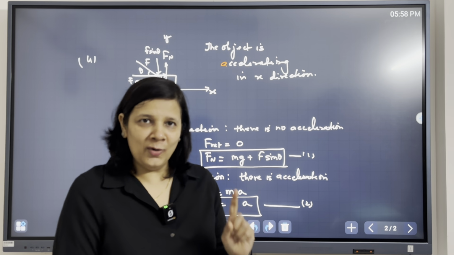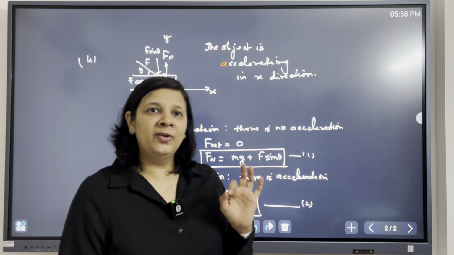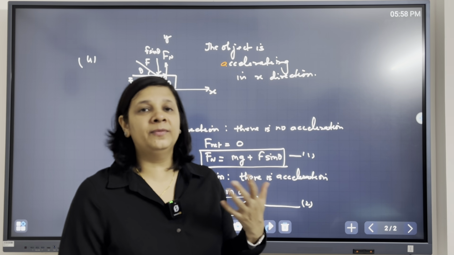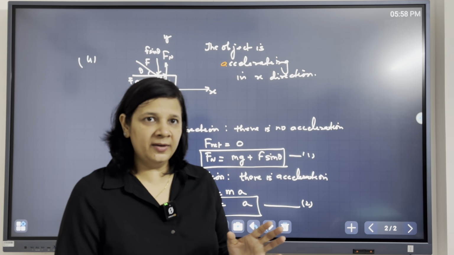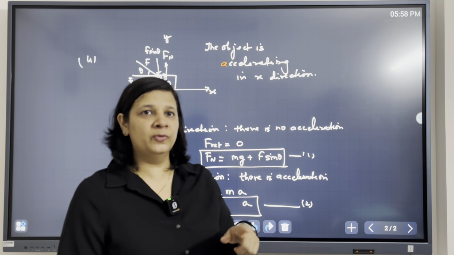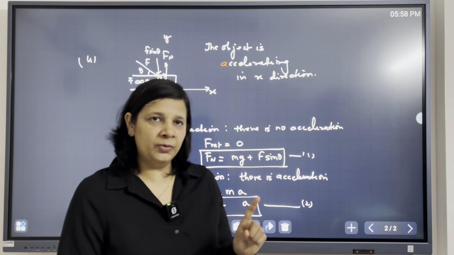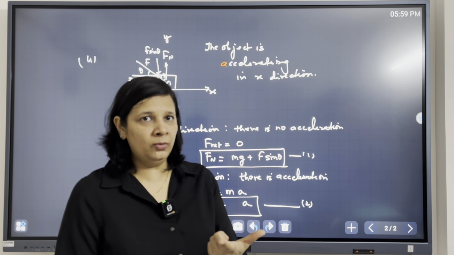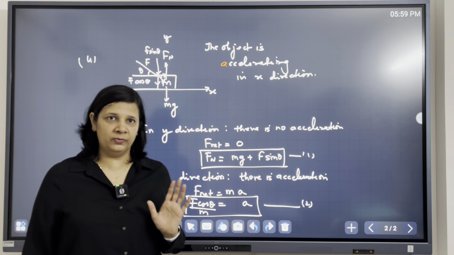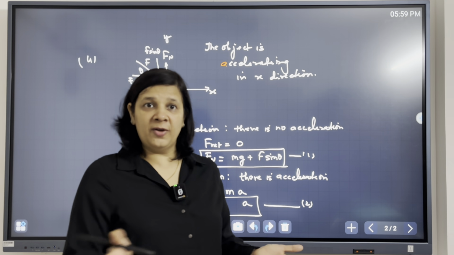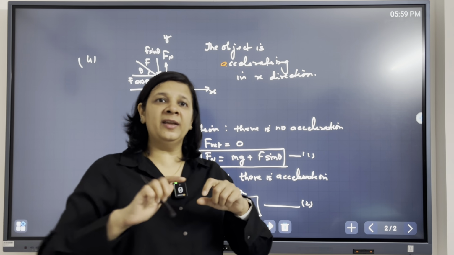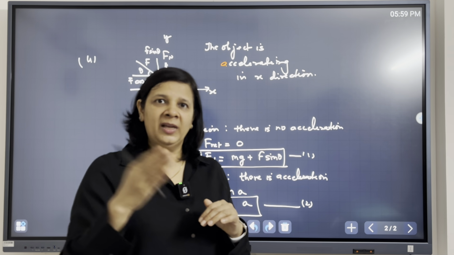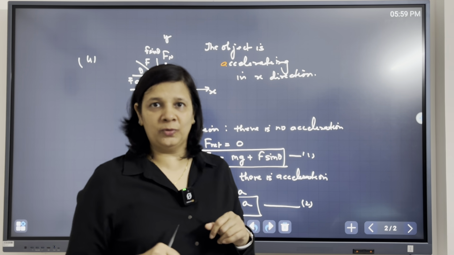Okay. So now what we have learned is that the normal force depends upon how many different forces are there in the vertical direction. So we have to be careful that we include all the forces in the vertical direction in order to calculate the normal force. And if there is no acceleration, then F net is equal to 0. You can balance the forces and find the normal force. If there is an acceleration, then you have to take accordingly. Then you have to take the acceleration in the y direction, and if there is an acceleration in x direction also, then you have to calculate that, and then you have to take the resultant of those two.